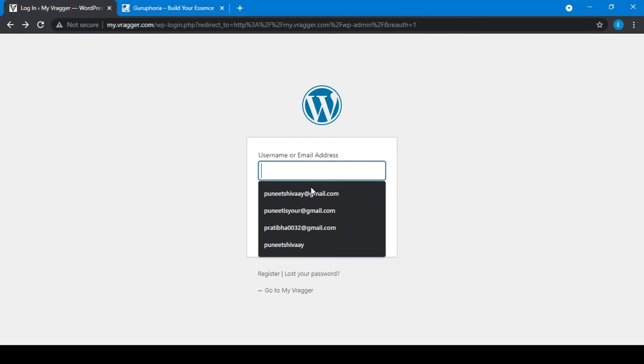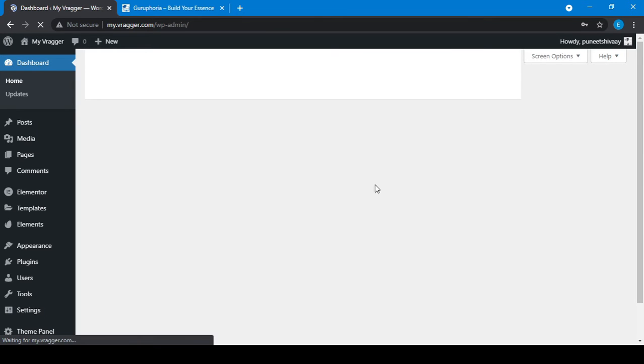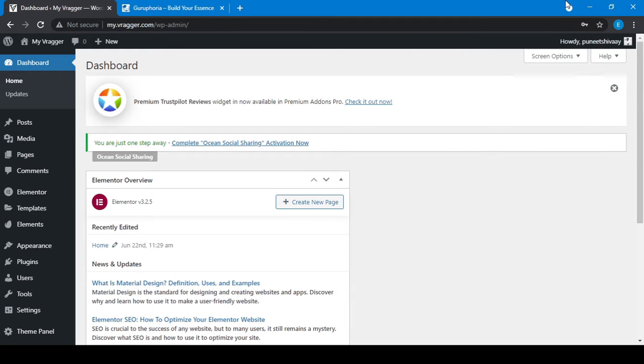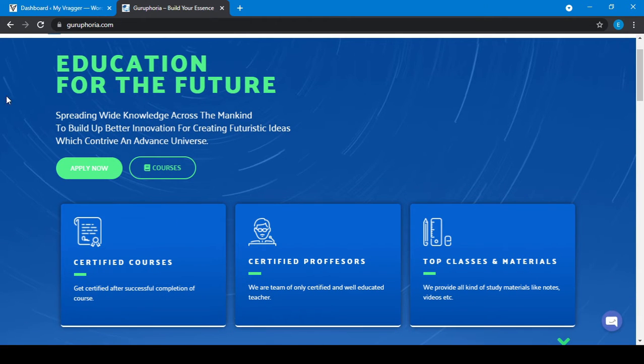Okay, so for now I'm just going to log in. I will put my password here. And I will also click remember me, so I don't need to log in again. I'll click on login, and it will redirect to my dashboard. Yeah, I am here, at our admin area. For this, we will start from this area.